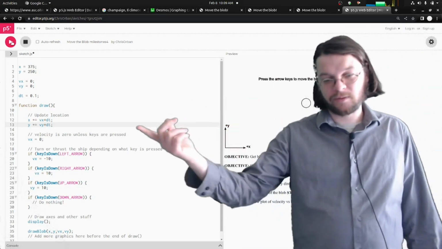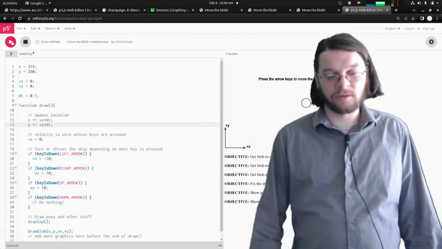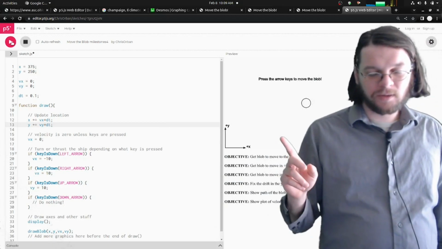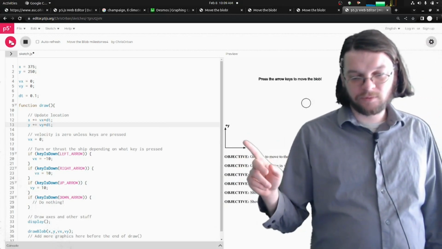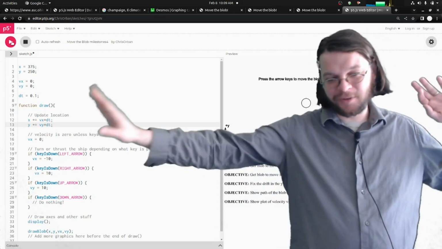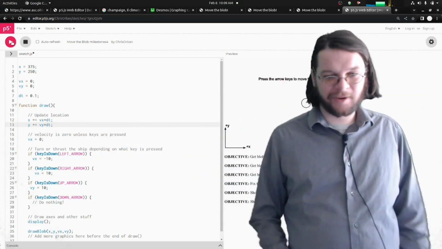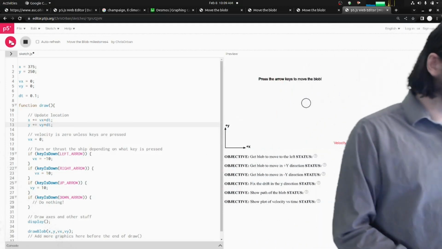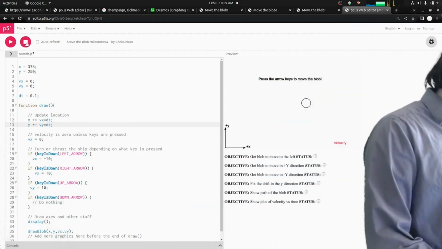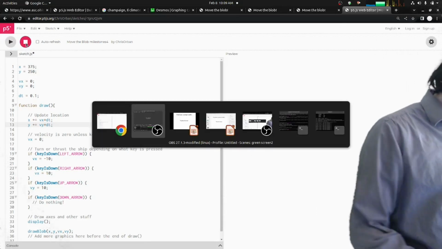Code.org thinks that, our code thinks that 6th graders can do this. I've seen 6th graders do it. I think it's important to not completely, there's so many new things here. Let's just try to keep the coordinate axes the same thing that 6th, 7th, 8th, 9th graders have seen, right? So that's Move the Blob. That's how I connect with physical science.